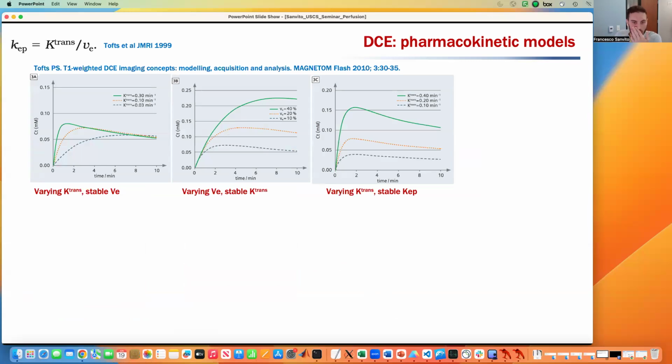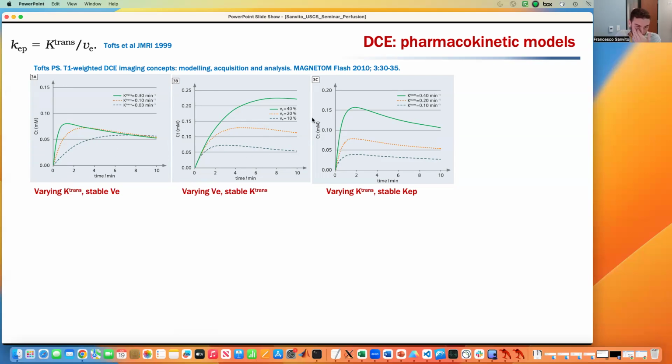These are some simulated curves from Tofts, where you can see that a higher Ktrans means more of an almost type 3 curve, with more early spike. It makes sense because it means that there's more extravasation in the unit of time. Let's remember Ktrans is minutes to the minus 1, so it's a rate. So more extravasation in the unit of time means that I'm going to see a more abrupt contrast enhancement in